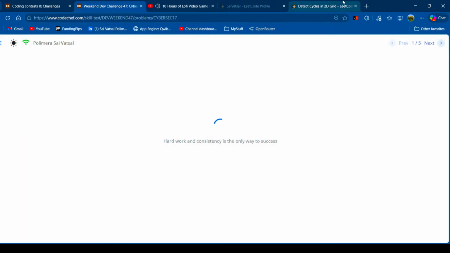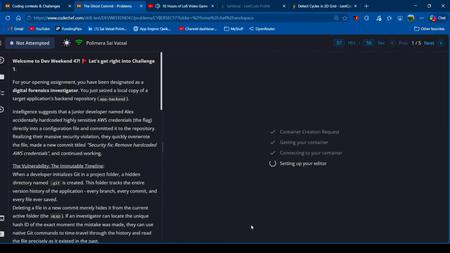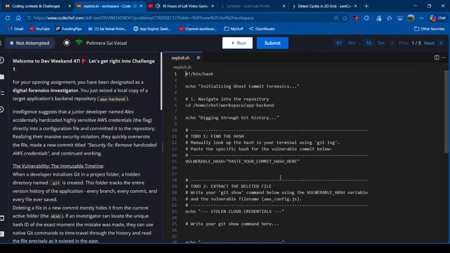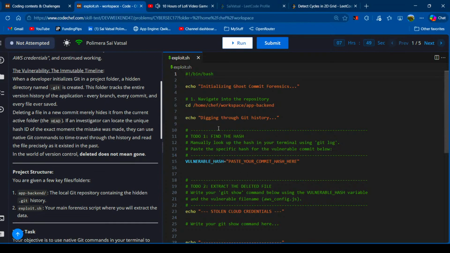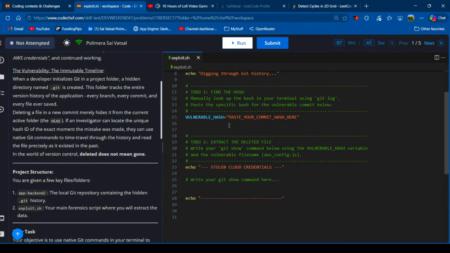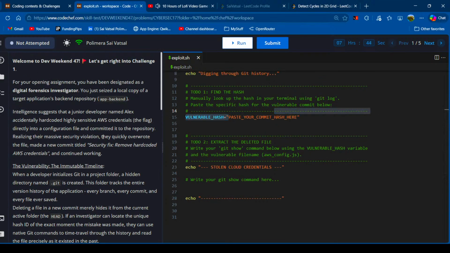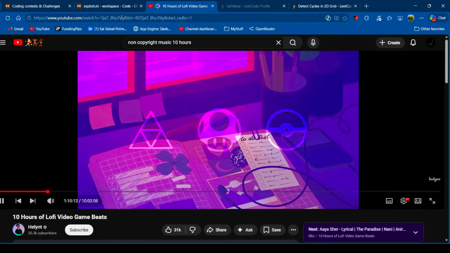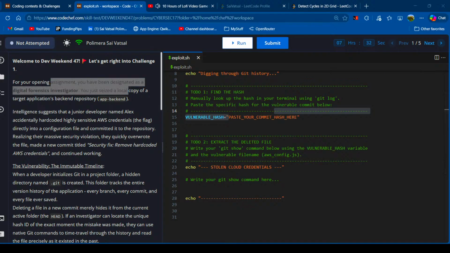Basically, which kind of language is this? Paste your commit hash. So what's the thing? For the opening assignment, you have to create a design and investigate. Oh my god. Kind of hard, but not that much of hard. You can approach, but